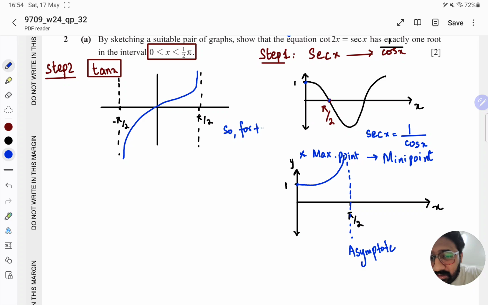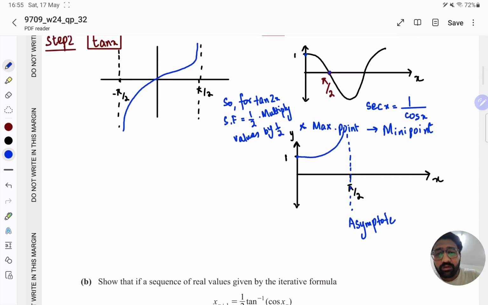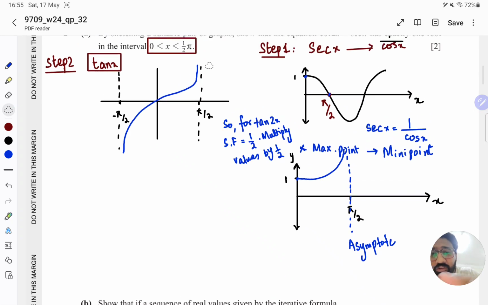For tan 2x, if you could see, the stretch factor is 1 by 2. So what I will do is multiply the values of x by 1 by 2. So it is going to be the same graph, but the entire change is going to be,